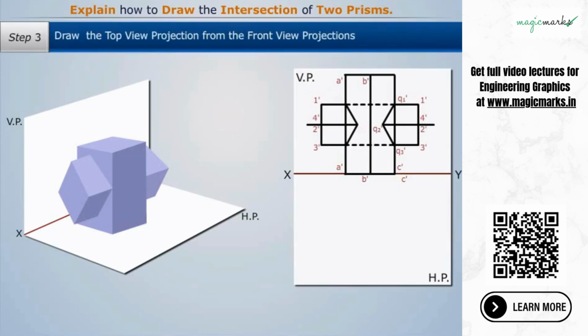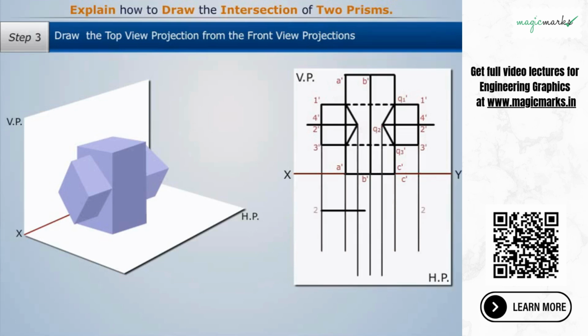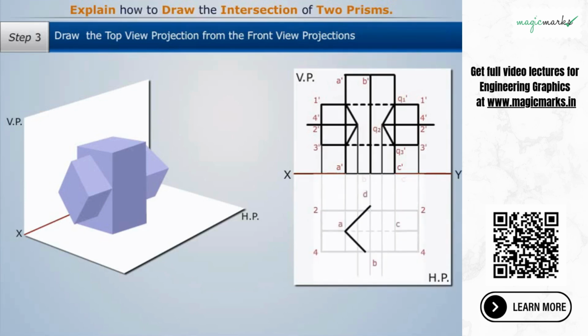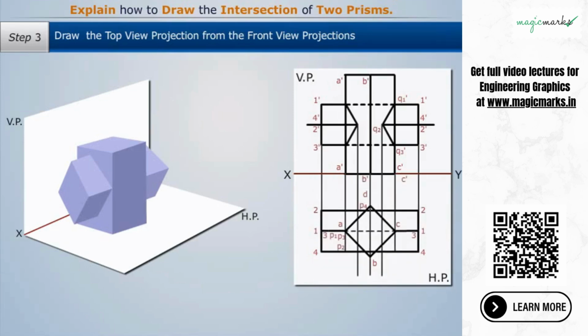And in the last step, we draw the top view projection from the front view projections. So, from the front view projections, drop the projectors downwards. Now, join the projectors to draw the top view projection. Therefore, we get the required projections of the intersecting prisms as